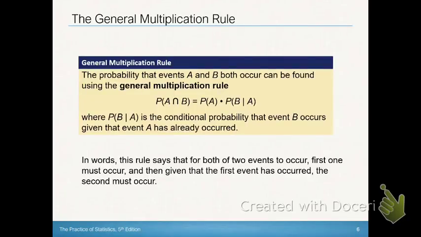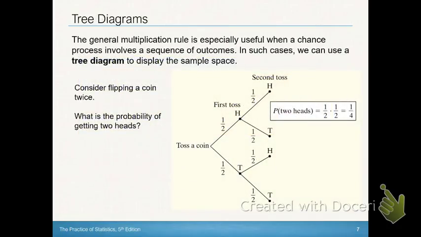In this video, we're going to look at the general multiplication rule. The general multiplication rule says that if you have two events happening in a series, so first one happens and then the other happens, you find the probability of them both happening by taking the probability that one happens times the probability that the other one already happened. So what we like to do for these is use tree diagrams, because it makes it a little bit easier